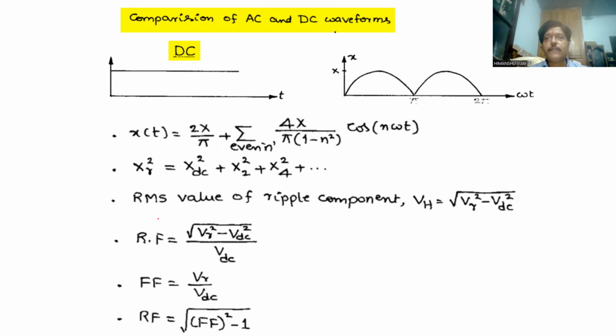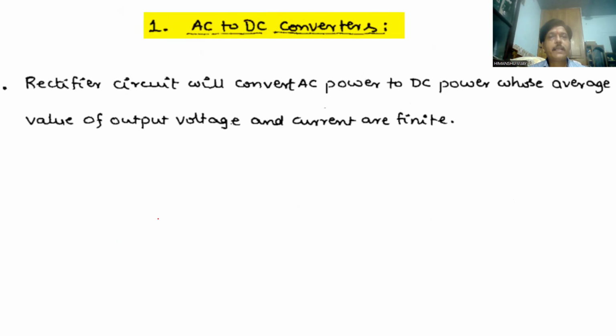Accordingly, you can calculate the form factor also. The form factor is nothing but V_R upon V_DC. And finally, the ripple factor can be expressed in terms of form factor as the square root of form factor square minus 1. So these are certain expressions which are very helpful while we are analyzing different types of converters in the coming lectures. Now, first one is the AC to DC converter, because in this particular lecture we are